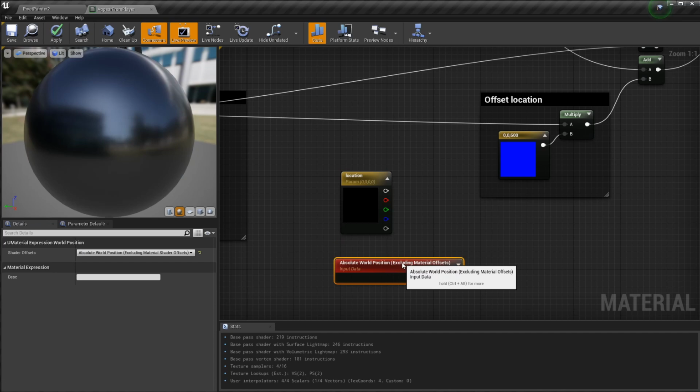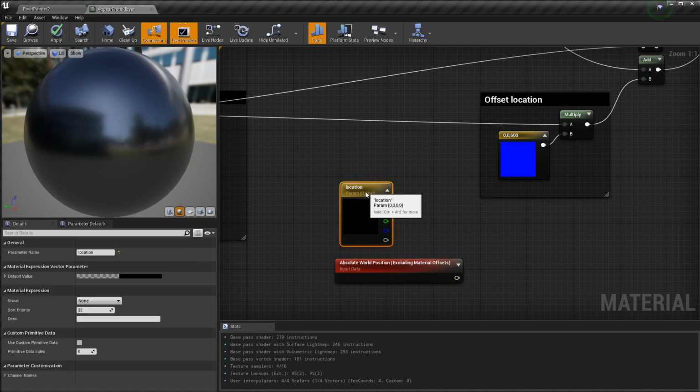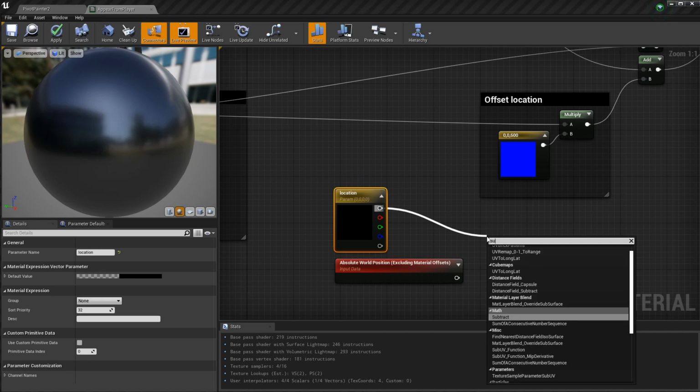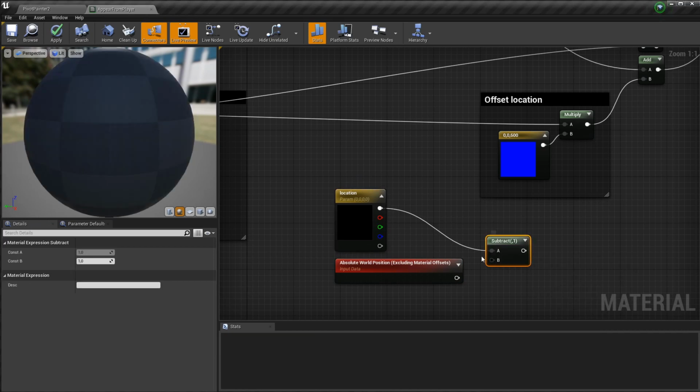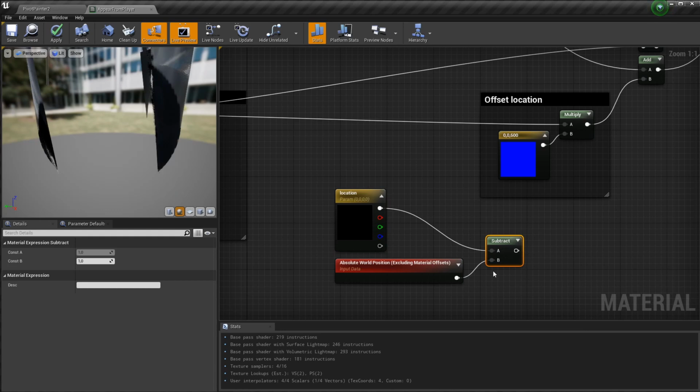I, however, need a position that is coming from the general direction of the player. But I also want to limit the reach of it. It shouldn't pop in from across the map. So how can we do that? First we need a direction that is pointing away from the world position, directly at the player. To get that we need to subtract the position of our box from our player's position.